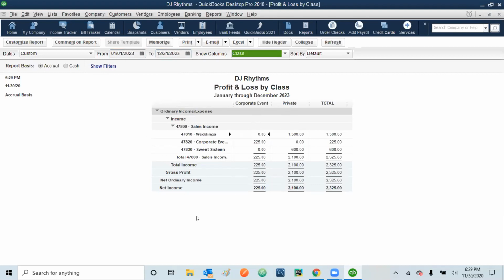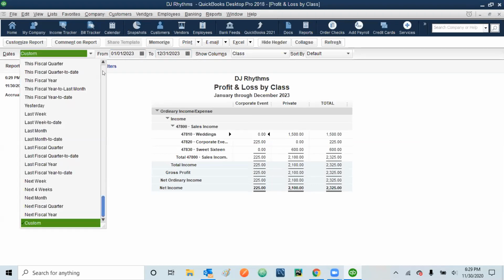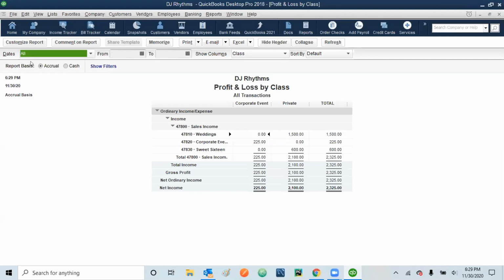One more thing, I have done it manually. Because we have only done the transactions in 2023, apart from customize, you can also see the transactions if you select the all button here. So it's your choice how you want to see, because we have only done these transactions. So I show you both the ways. Either you can customize the dates and then see the transactions, or you can select all and it will show you the transactions as well.